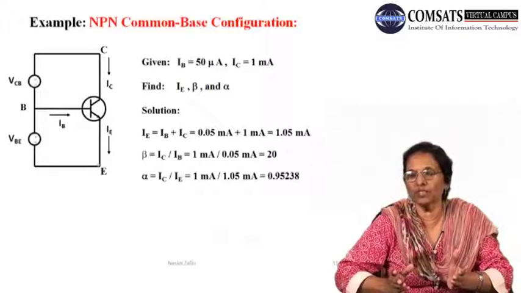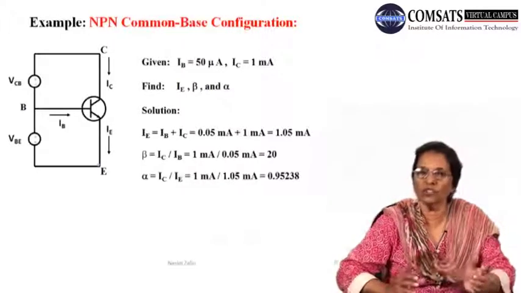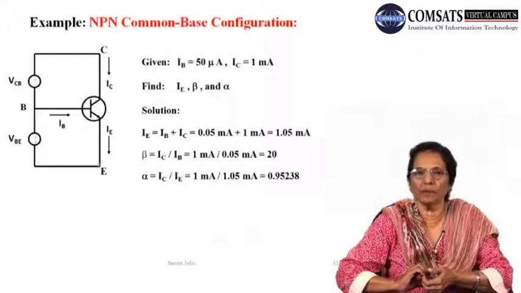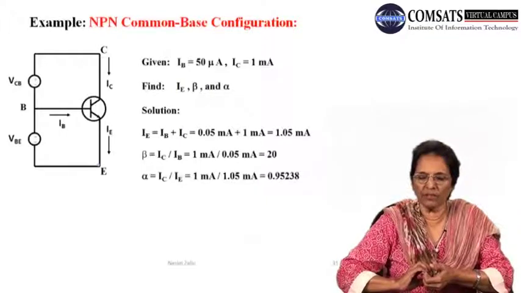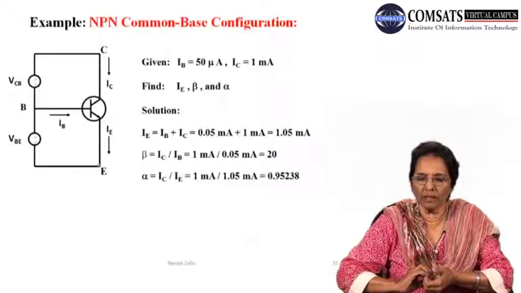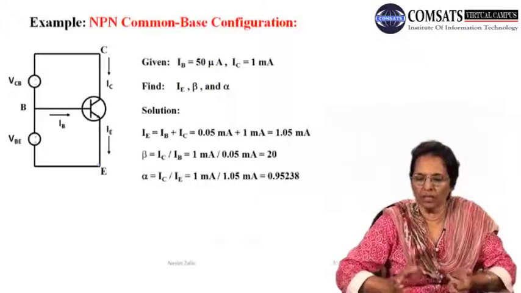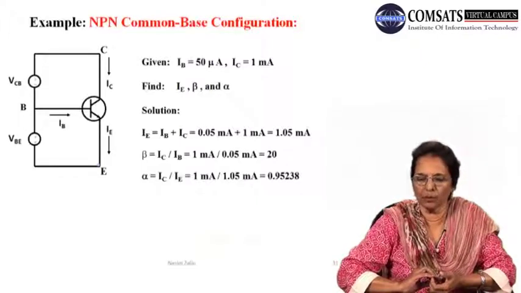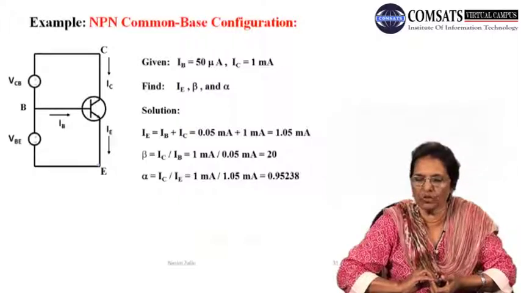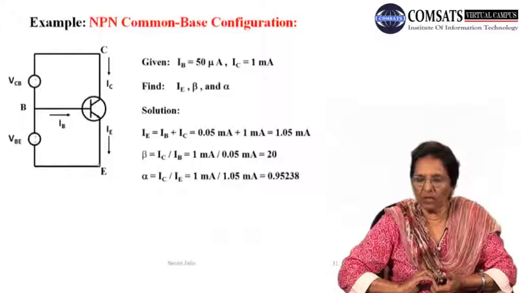क्योंकि इस कॉन्फ़िगरेशन में इनपुट सर्किट में नॉर्मली करंट्स स्मॉल लिए जाते हैं। क्यों? क्योंकि जैसे मैंने पहले बताया था कि otherwise we might end up damaging the device, चाहे वो डायोड हो या ट्रांजिस्टर हो। तो हमारी बेस करंट IB है और 50 माइक्रो एम्पियर है और आउटपुट करंट IC है which is about 1 मिली एम्पियर है। तो हमने IE निकालना है और IE जैसे मैंने बताया कि बेस करंट और कलेक्टर करंट का सम है। तो आपके पास IE 1.05 निकल आई